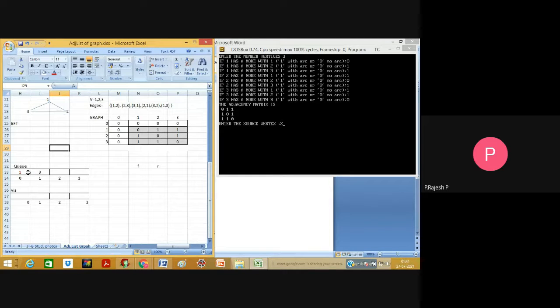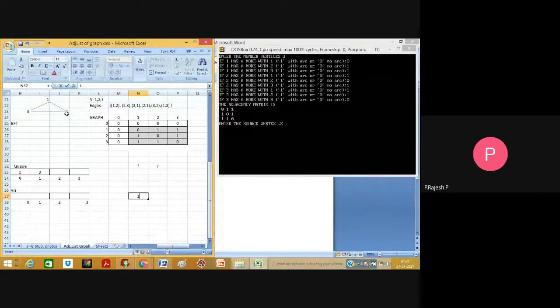1 is the first one that was entered into the queue, so 1 has been popped out, and then check: are there any adjacent nodes? 3 and 2 are there, but 3 and 2 have already been visited, since 3 was visited as an adjacent node to 2, and 1 was also visited as an adjacent node to 2.